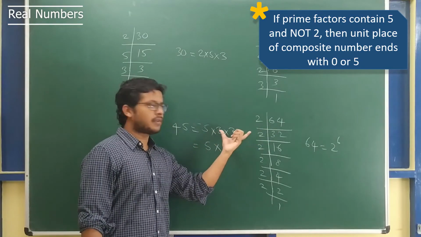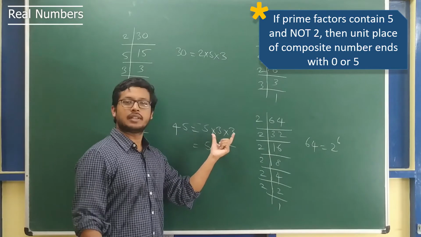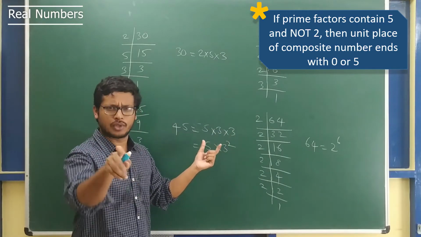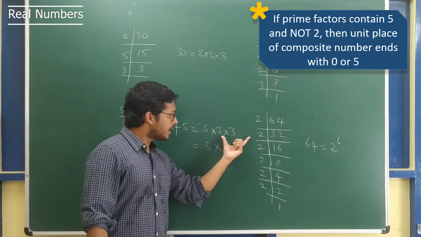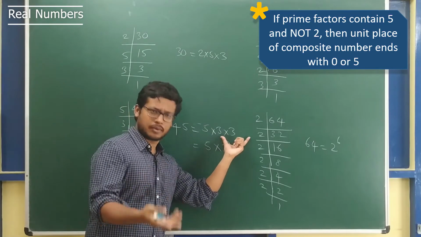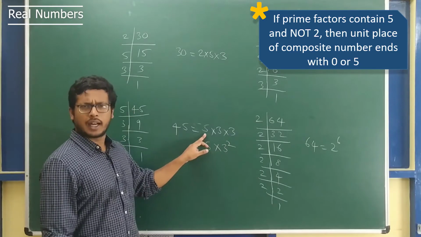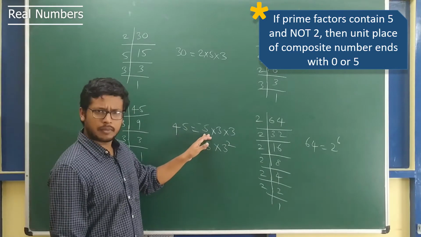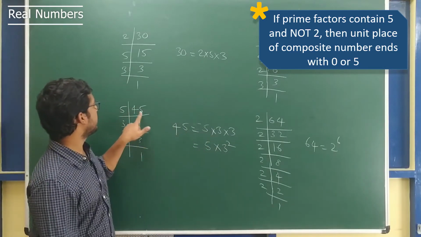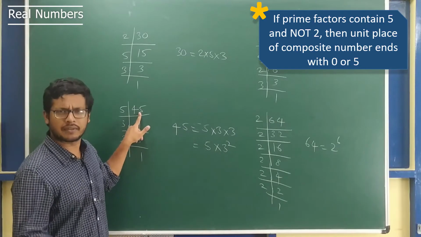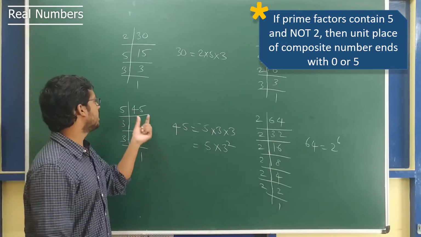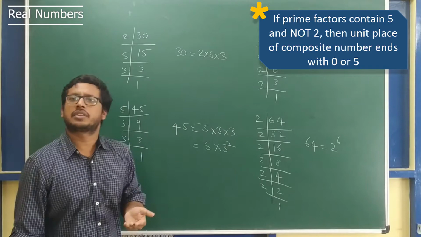and some set of other numbers, then what will happen? Some set of other numbers apart from 2. I will tell you why apart from 2. If there are a few prime numbers apart from 2 multiplied by 5, the unit place of the number will definitely be 5. This is a commonly asked question. Will the composite number end with 5?